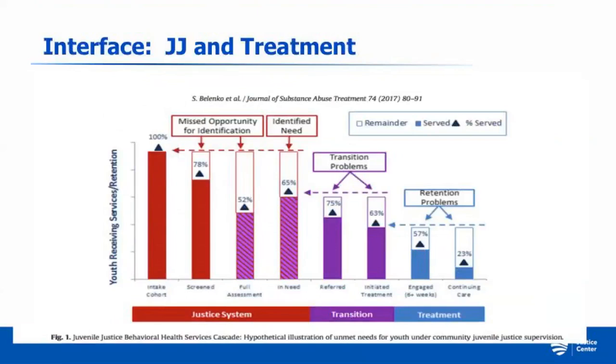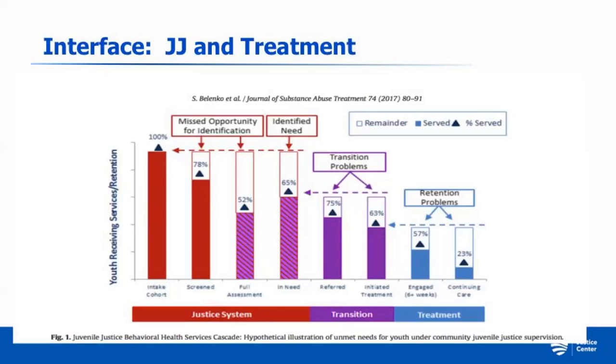It was called the Juvenile Justice Trials Project, funded by the National Institute on Drug Abuse. It operated in 33 counties across the United States. And one of the first things we did as part of this project is we basically conceptualized a cascade model that had to do with both looking at how the juvenile justice system and the treatment systems work together to transition youth with substance use disorder and/or mental health disorders into treatment services.